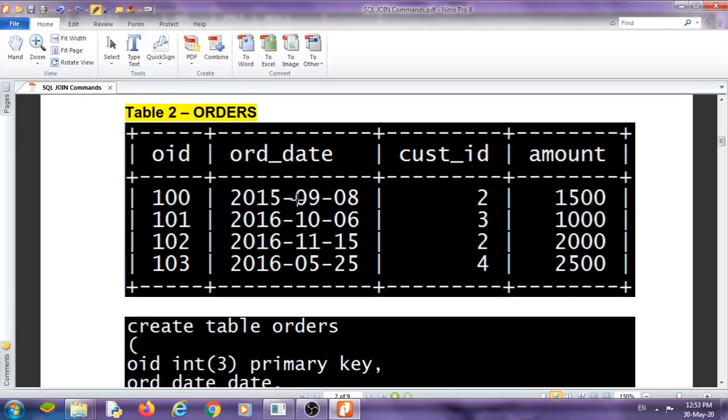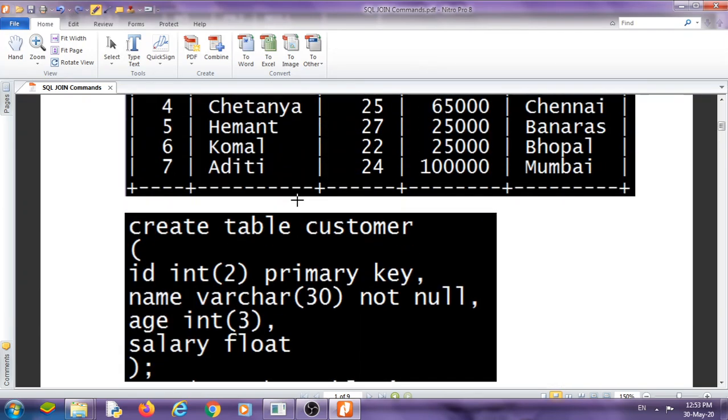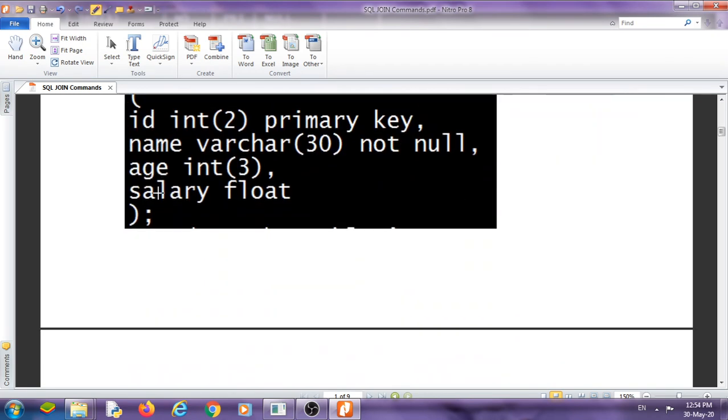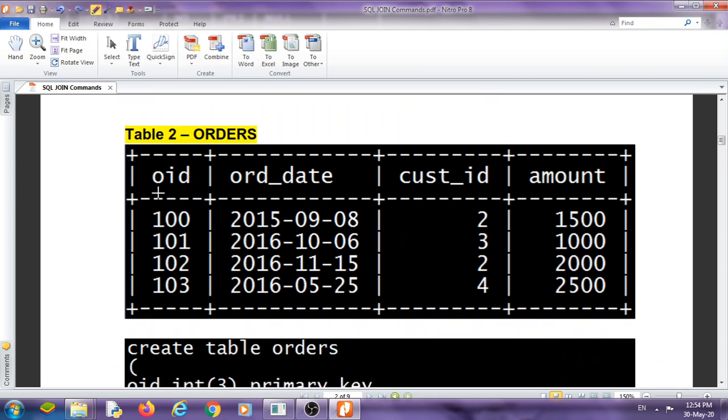Now look at the structure of tables 1 and 2. In table 1 there is an ID field, and in table 2 there is order ID and customer ID.